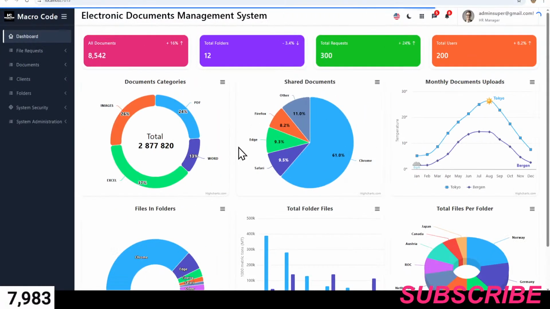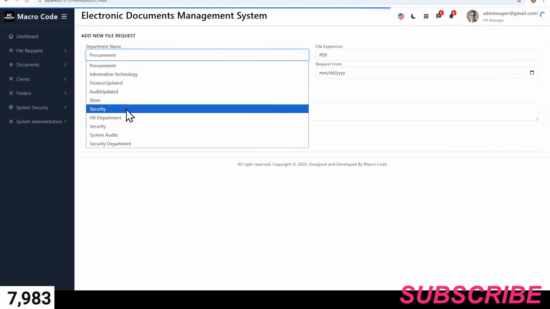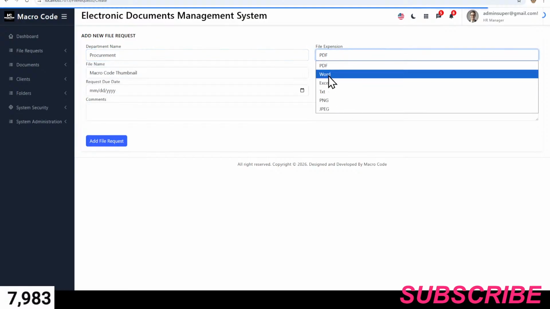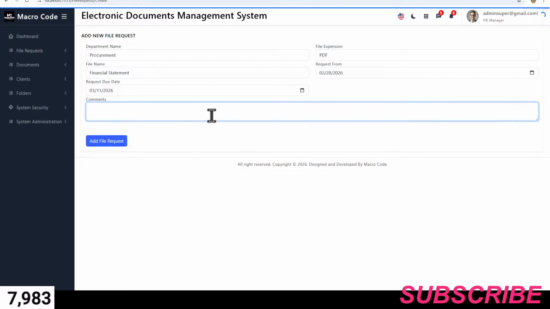So I'll just go. This is how our app looks. I'll go here to file request and we can request a file together. I'll do new. You can say this is the department, I can say procurement. This is the PDF document. We say it's a financial statement. We are requesting from today and we need it up to tomorrow. I say I need the document for analysis. So if I say add new,